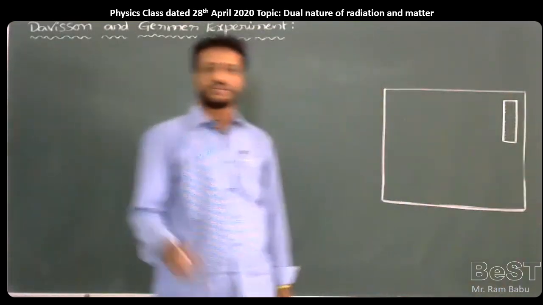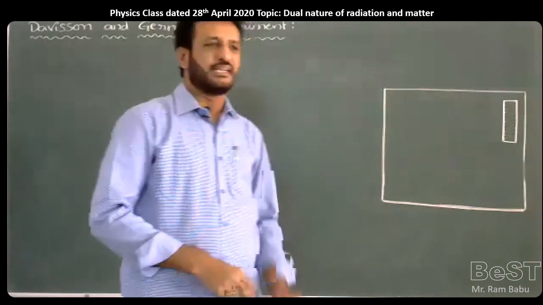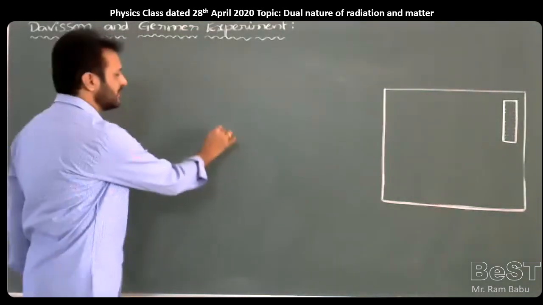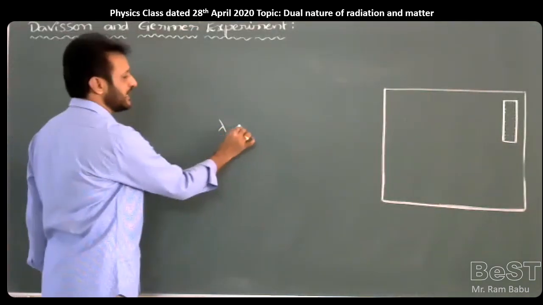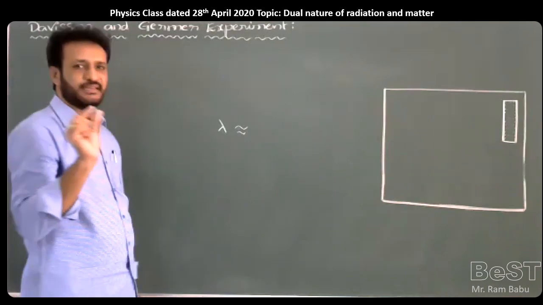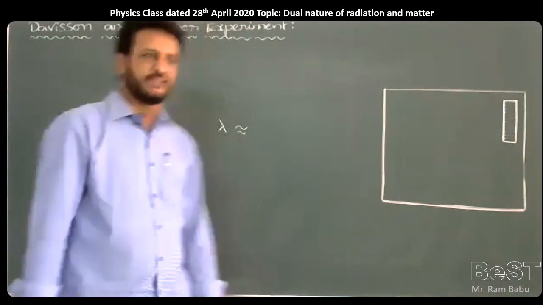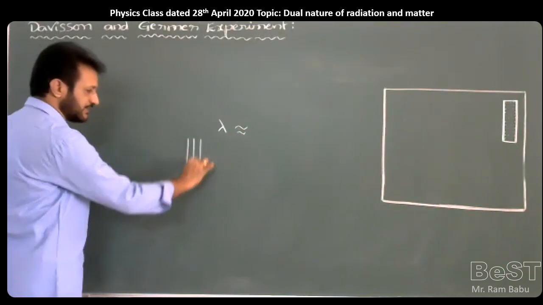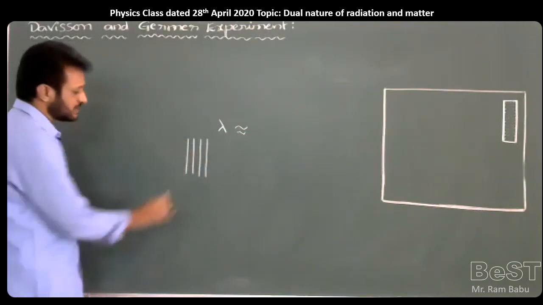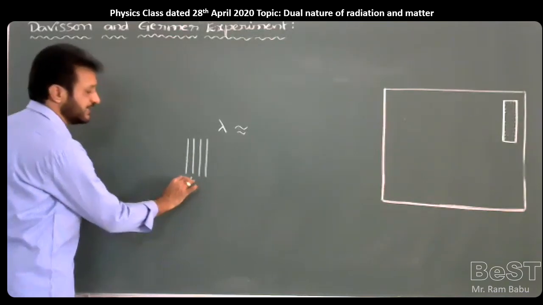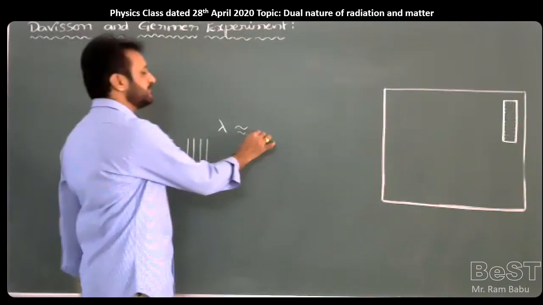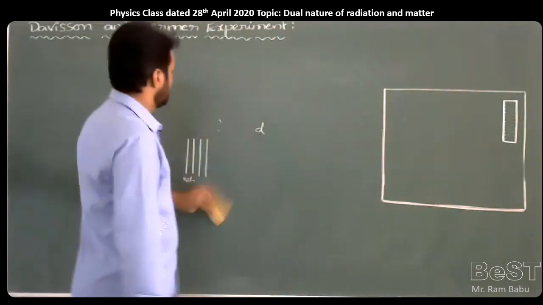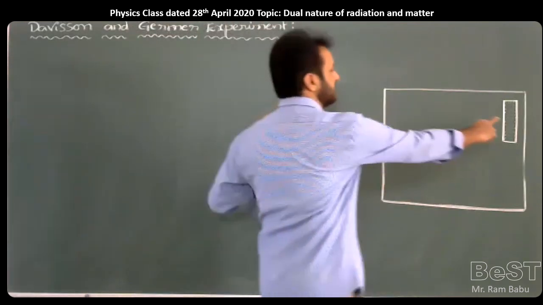So when the electron is moving along the forward direction, the electron behaves like a wave, and a wave means the electron has some wavelength. So the wavelength of the electron is nearly equal to the spacing between atomic planes of the nickel crystal. For example, in the nickel crystal, it is one atomic plane, it is a next atomic plane, a third one, and so on. You should write like this. The space between any two atomic planes, if you take, is nearly equal to the wavelength of the electron beam. That's why we have chosen a nickel crystal. That's important. So one nickel crystal is selected and we have placed it here.